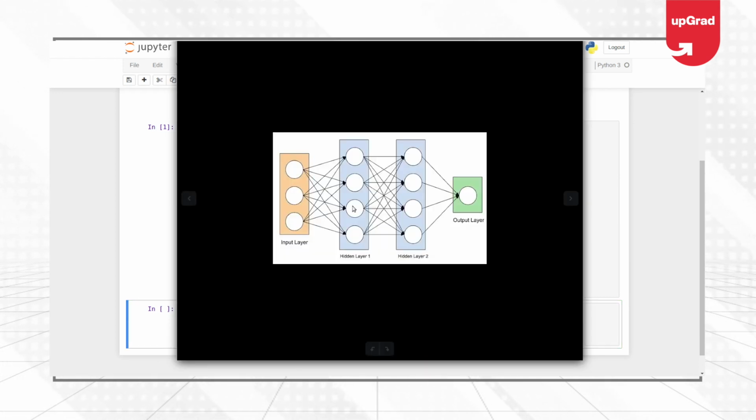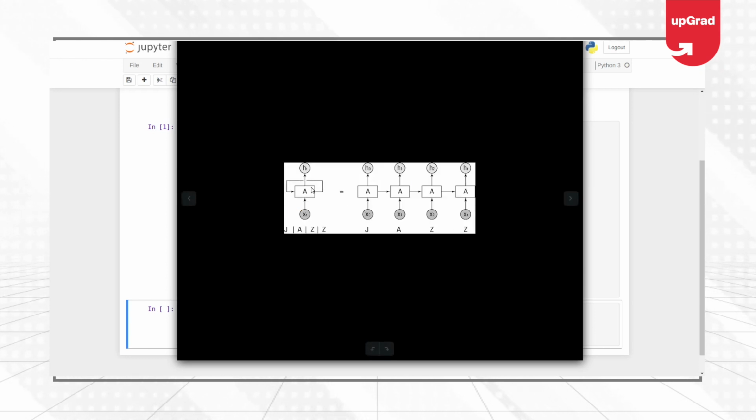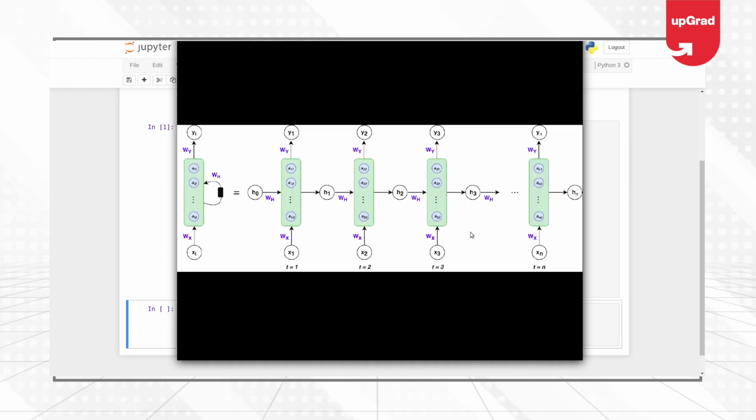So this is the ANN: input, hidden layer and output layer. This is the RNN. Every output is an input. See, A got an output. This is again an input. And if you go into detail with multiple neurons, this is the case: input, output, it will rotate, like it is learning every time. So it is learning from the new inputs. So that's how RNN works. And there's also a complex RNN. And lastly,